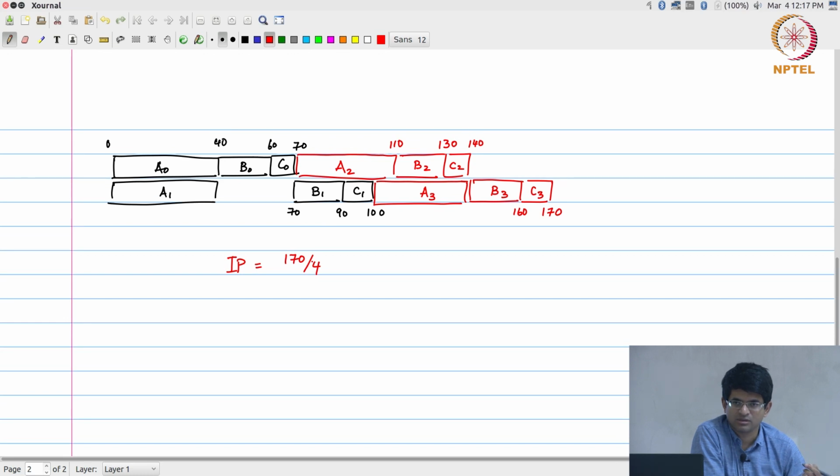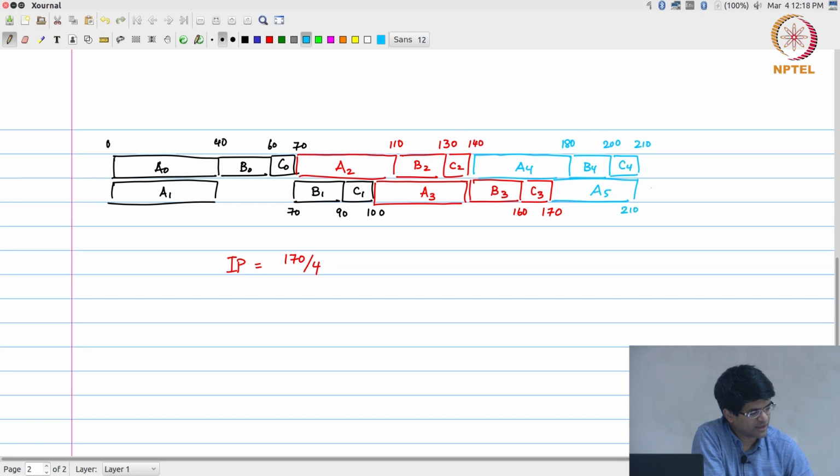Is this the best possible? Is this really the iteration period that I am targeting, or is it possible, if I continue running this, will I see that things are actually improving even further? Let us give it a shot. Going by exactly the same procedure that I had earlier, after C2, so at this point I can now start running A4 up to time 180, B4 up to time 200 and C4 up to time 210,